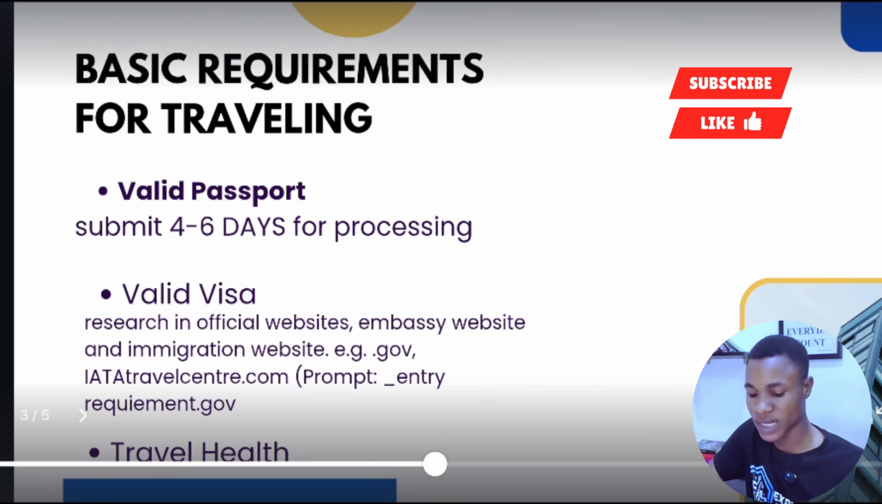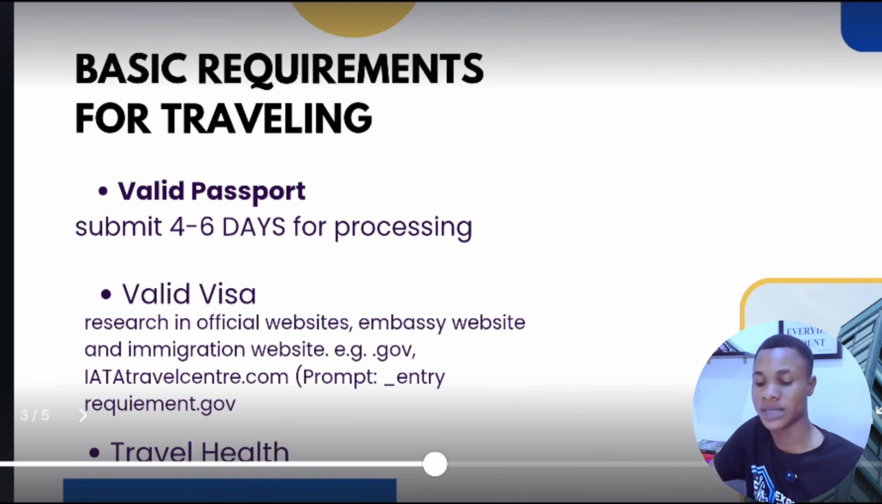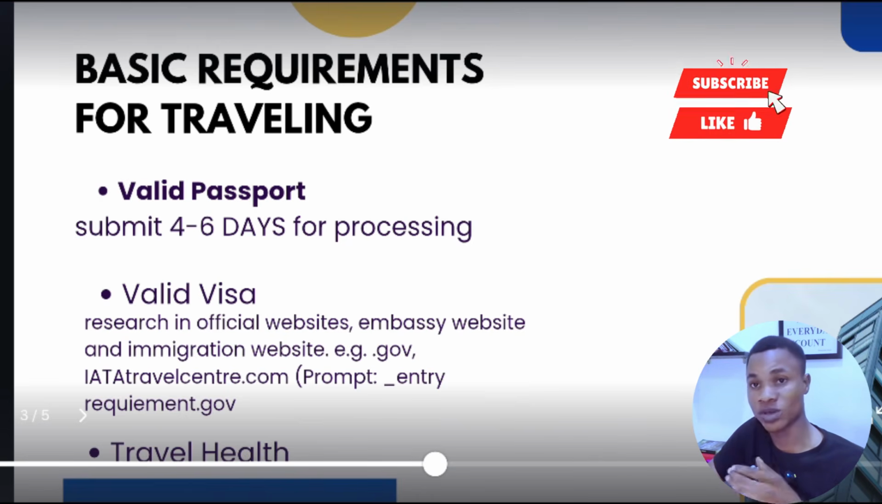So you have to research on the official website to check, if somebody is going to Paris, what are the requirements to enter that country, what are the requirements to visit that country, what are the requirements to get a visa that will take the person to that country and back. You need to research on this, and for you to do that, which I'm going to be showing you practically as well,